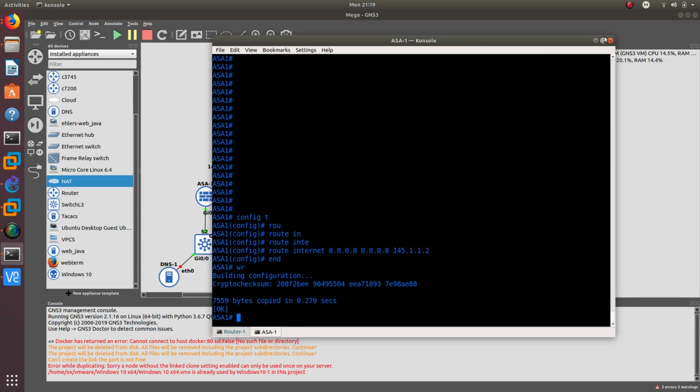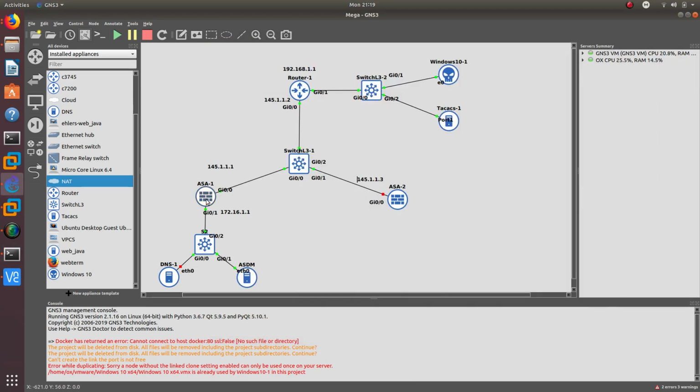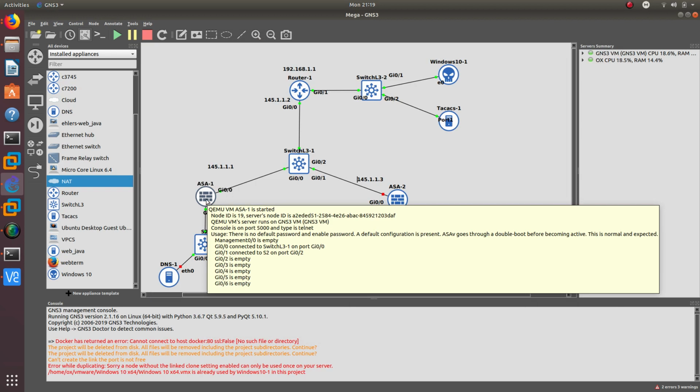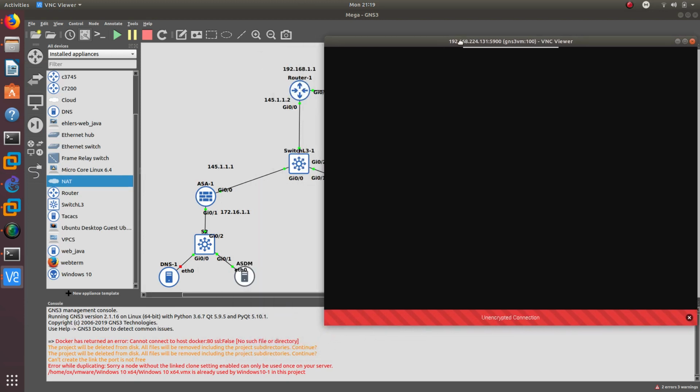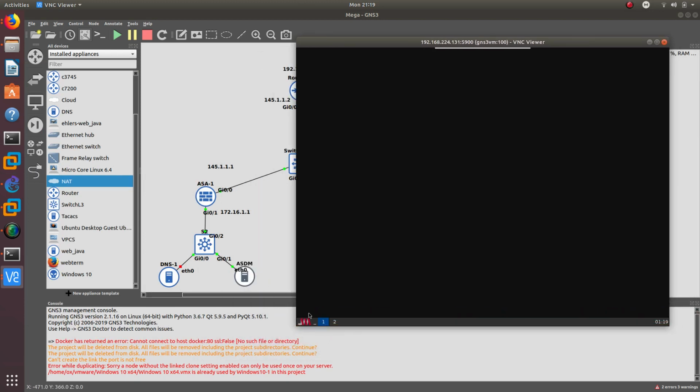And now what we want to do is, I also configured the HTTP server on this firewall. If you haven't seen the previous video, please go ahead and watch that video and then continue with this video. Otherwise, you're going to be a little bit lost. So now let's launch this ASDM, and I'm going to leave you a link in the description below so you can add this ASDM